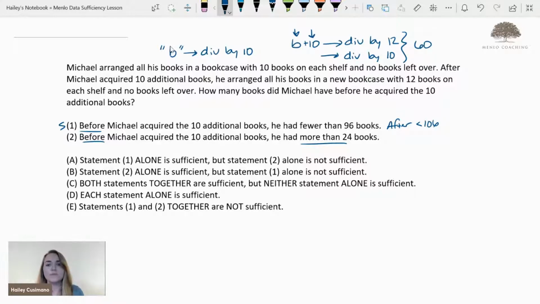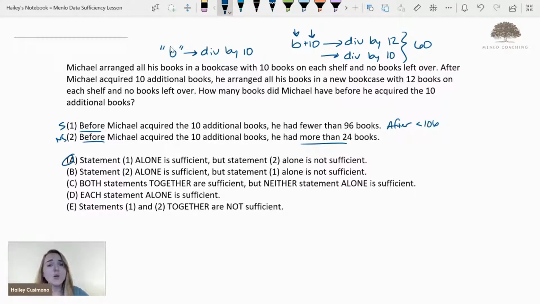Now, this is meant to trip up students who perhaps take a little bit too much time to consider that 60 is between 96 and 24, but statement 2 doesn't give me enough information. It doesn't present me with one possibility. It presents me with infinitely many. Different variations of this question might task us to look at before versus after, or identify whether the range was open-ended or closed-ended. And in this case, statement 1 presented us with enough information